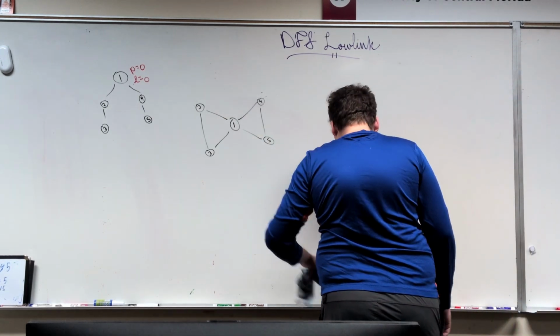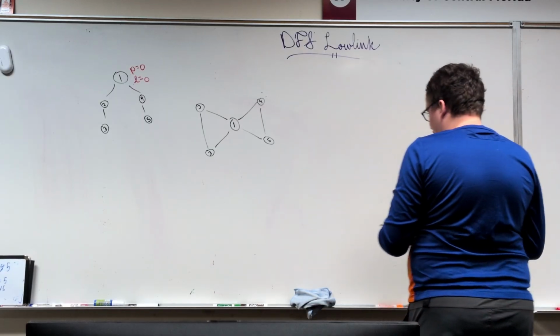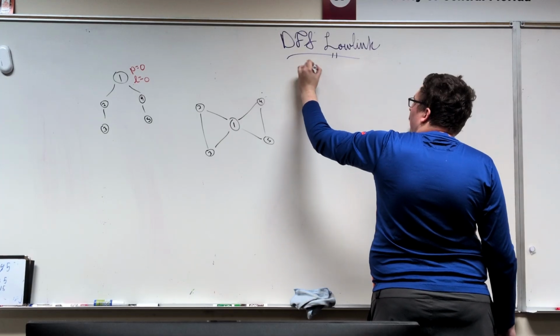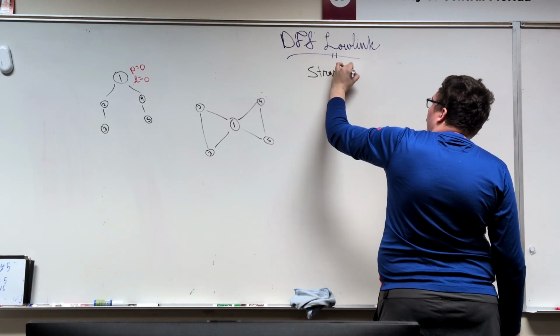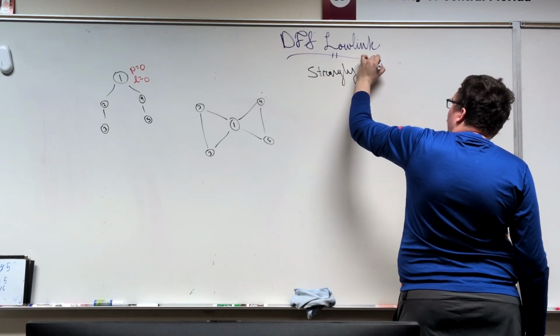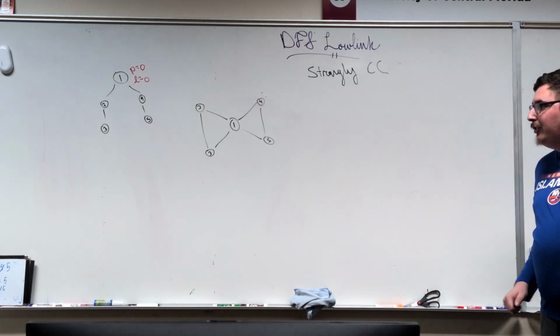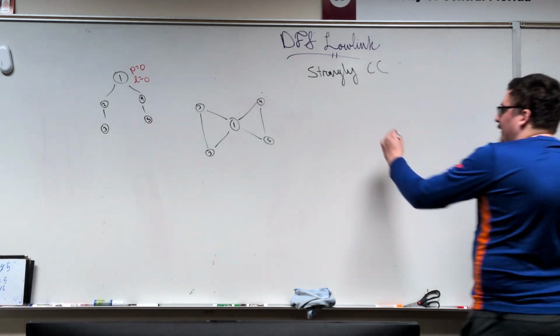When working with directed graphs, we instead work with a different type of component called the strongly connected component. A strongly connected component in a directed graph is a component such that every pair of nodes have a path between them. So if we look at an example,